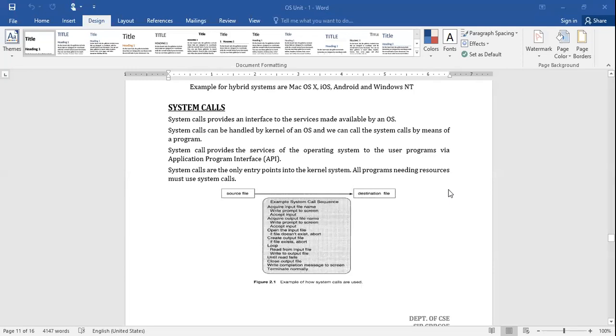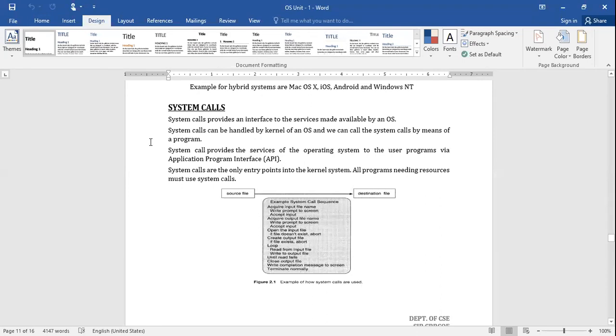Please tell me whether you are clear with this one or not. We will discuss it elaborately now, but one should have the fundamental idea of what exactly a system call is. Hope you are all clear with this point.